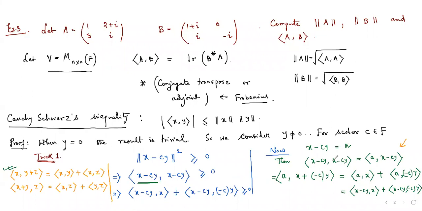The green colored portion is my rough work, blue colored portion is my actual proof. Remember, we don't have to show the green colored portion in the examination. You can show the blue colored portion, but you have to mention the properties that you are using over here. Okay, so that's why we have done it. I'm rechecking the calculation. So x minus cy, x minus cy minus c into y, and we have got this. Now I'm going to the next page. Probably you have copied it.